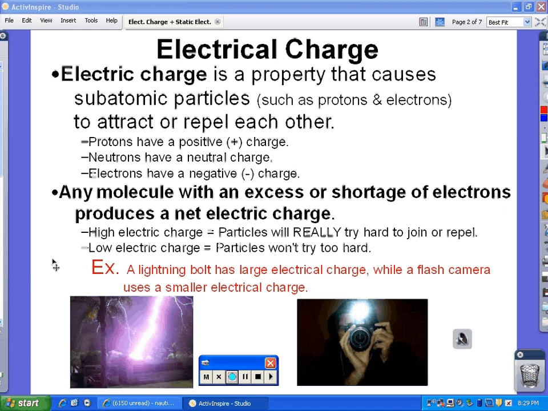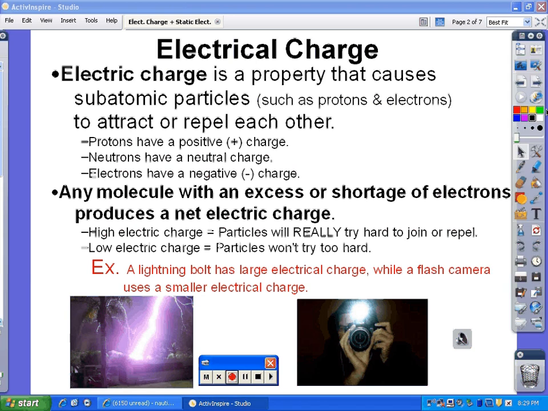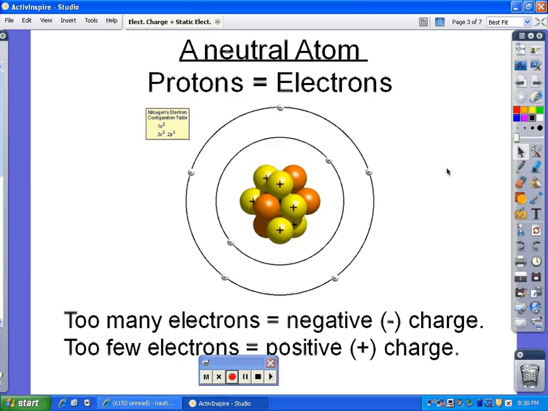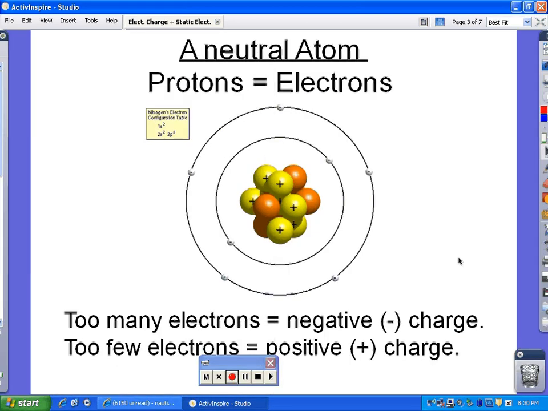Any molecule with more or less electrons produces an overall electric charge, and we call these molecules ions. This is a review from atomic structure, if you recall. A neutral atom has the exact same number of protons as it does electrons. In the example provided, you can see there's 7 protons here. 1, 2, 3, 4, 5, 6, 7. And there are 7 electrons, 2 in the first and 5 in the second ring. This atom is neutral,